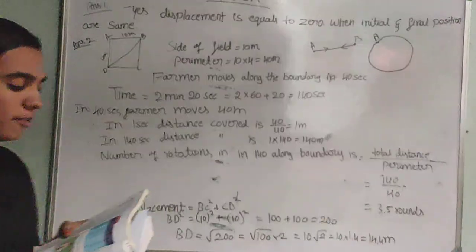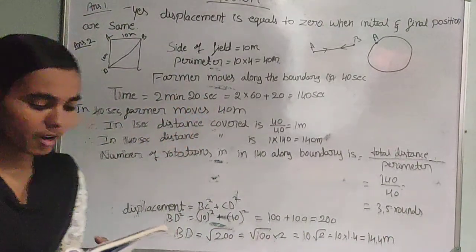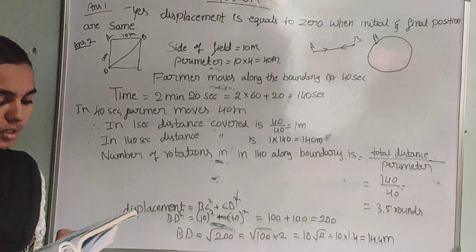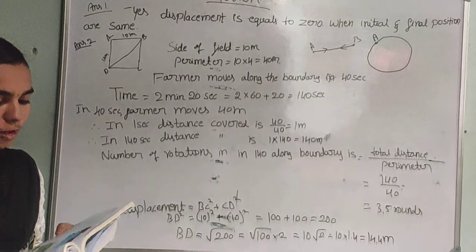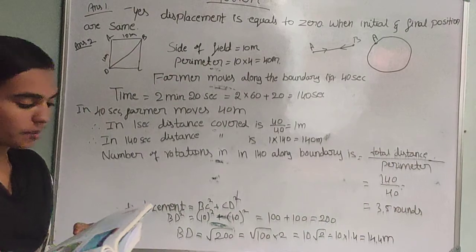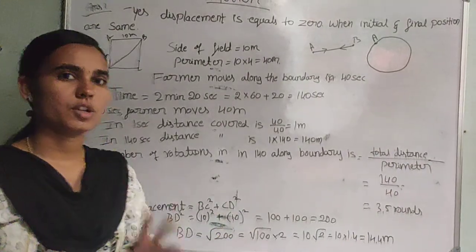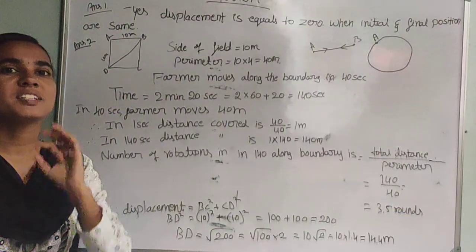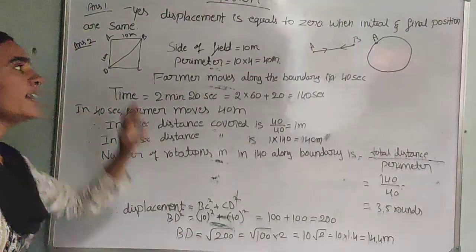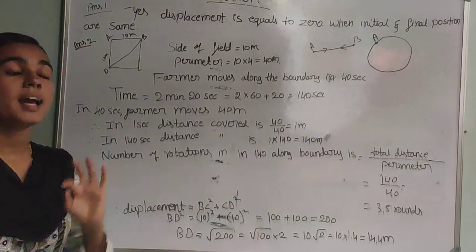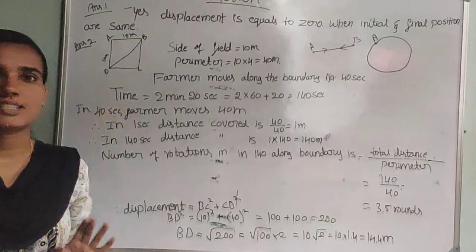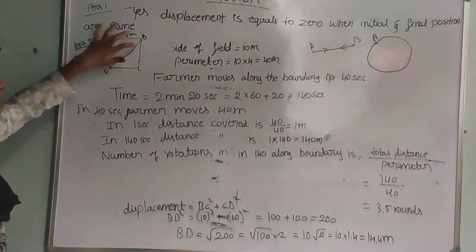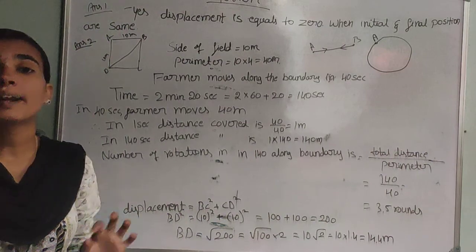Second question: a farmer moves along the boundary of a square field of side 10 meter in 40 seconds. What will be the magnitude of the displacement of the farmer at the end of 2 minutes 20 seconds from his initial position? A farmer is moving in a field which is in a square shape. Each side is 10 meter, and he takes 40 seconds to cover the boundary. Here we have to find the magnitude of displacement of the farmer at the end of the